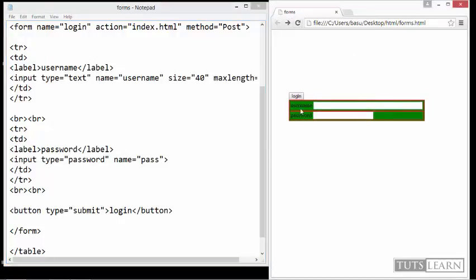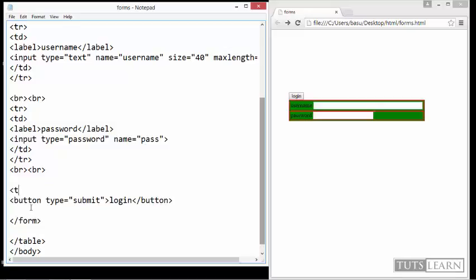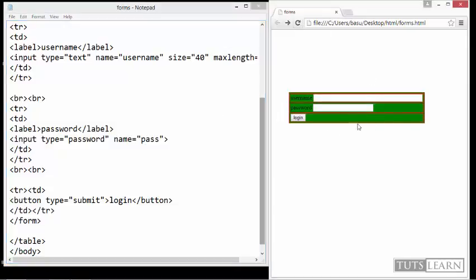And now same for the button. For the login button, do table row, table data, table data, table row, save that, refresh that. So now you can see this is under our table. Okay, and hurrah, you have created